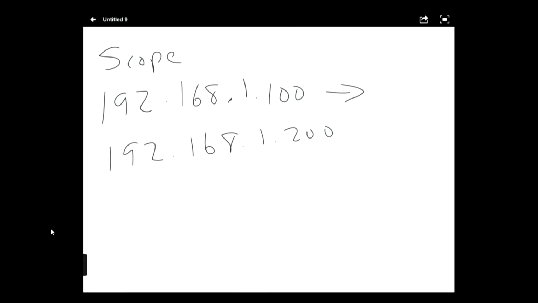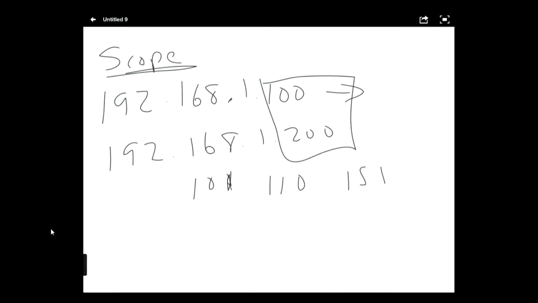What this means is that the scope of this DHCP server is 192.168.1.100 to 192.168.1.200. So that means that this DHCP server could give out an IP address of 101, 110, 151, 199, even 200. So it can give any IP address between